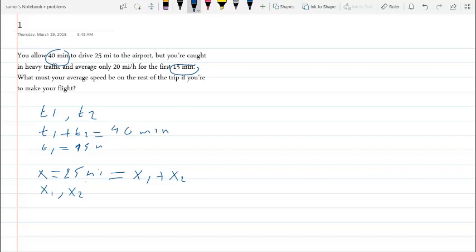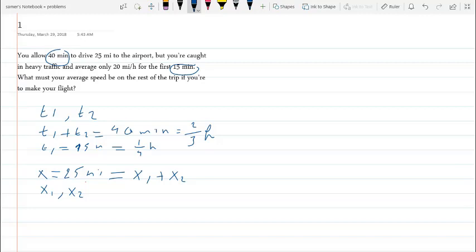So we have here t1 plus t2, which is t, 40 minutes, which is 2/3 hours, and the first time interval is 15 minutes, which is 1/4 hour. Here we need to find the average speed